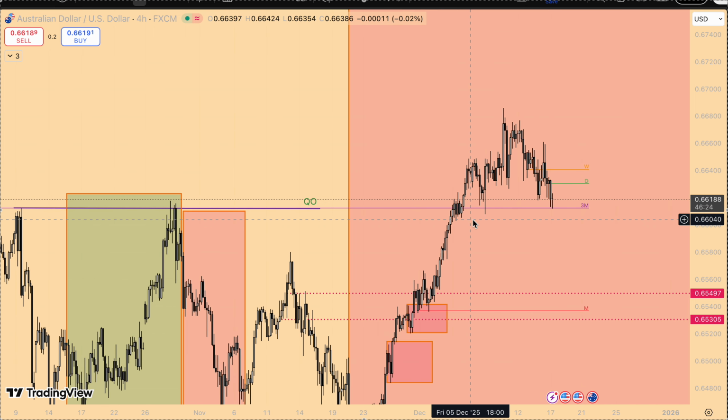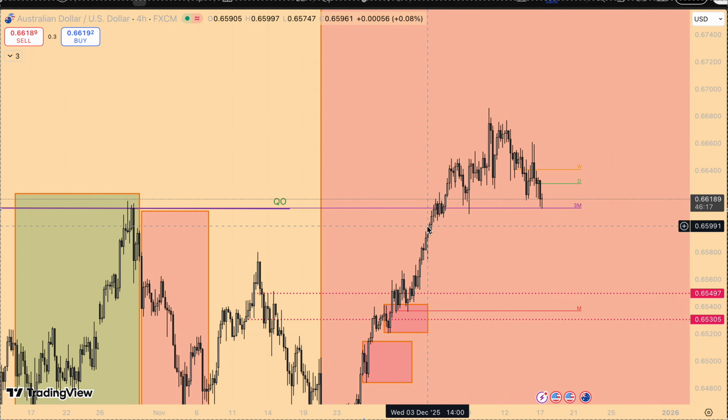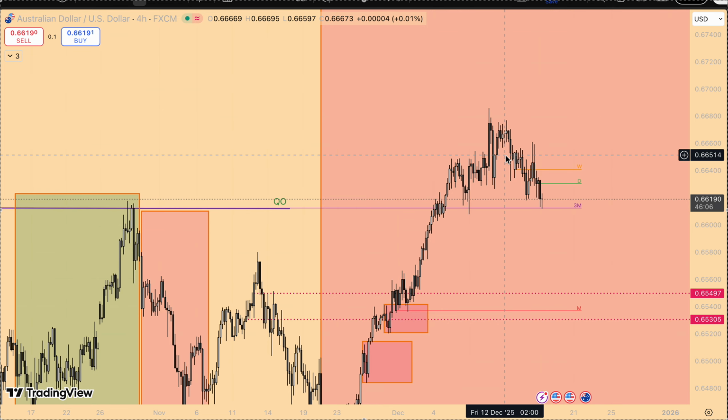I want lower prices, honestly. I want this low to be gone, and maybe from there we start looking for longs. As you can see, there's no nice area of demand to my left. I don't really see a good area of demand, so I would just be keeping an eye on the market, but not necessarily trading it, as I have better pairs at the moment that I'm looking at.